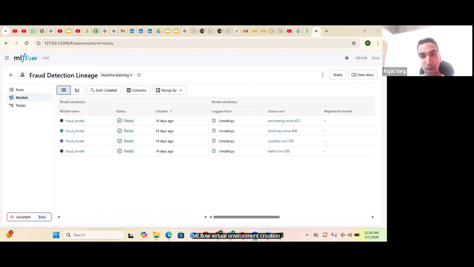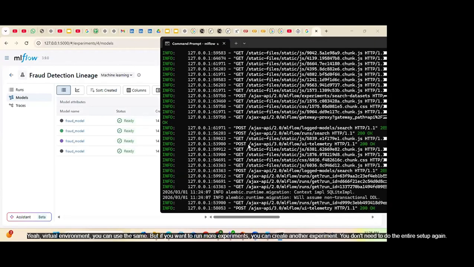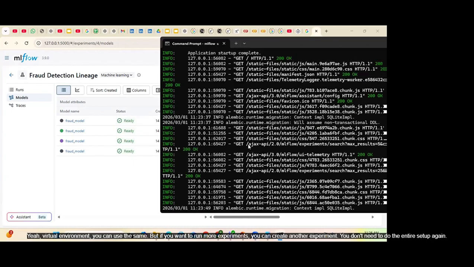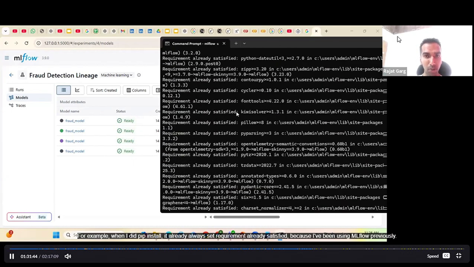Yeah, the virtual environment you can use the same. But if you want to run more experiments, you can create another experiment. You don't need to do the entire setup again. Okay, thank you. For example, when I did pip install, it already said requirement already satisfied because I've been